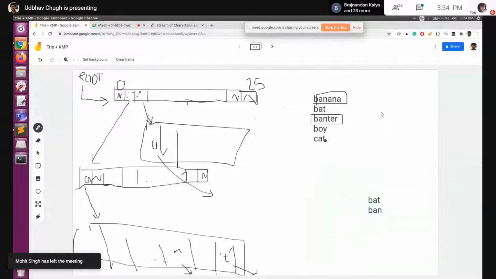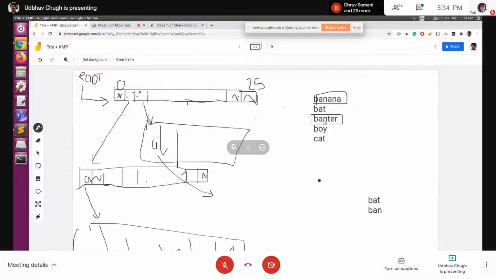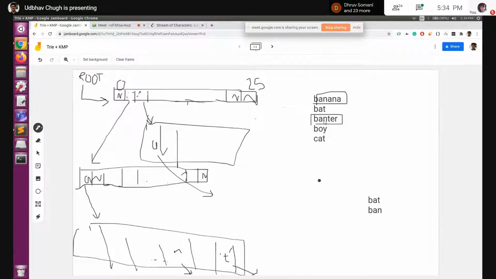We are given these words, and in every query we'll get a particular character, any character from A to Z. Let's say we first got A, then B, then C. We'll keep on concatenating them and storing them.